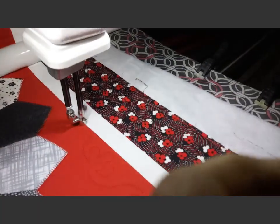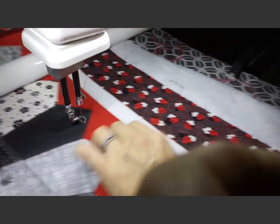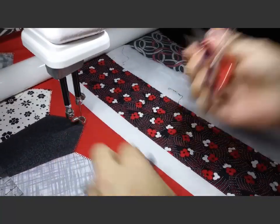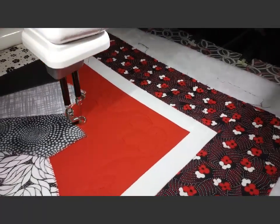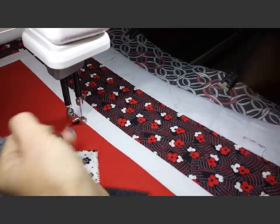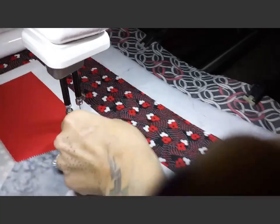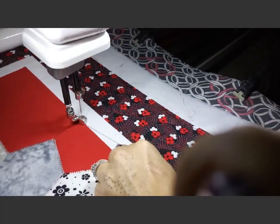Tie off on the edge, and then we're going to backtrack on the quilt to the top and bottom, and I'll show you that. On to the next corner. So I'm just going to start it about right here, tie off my thread,